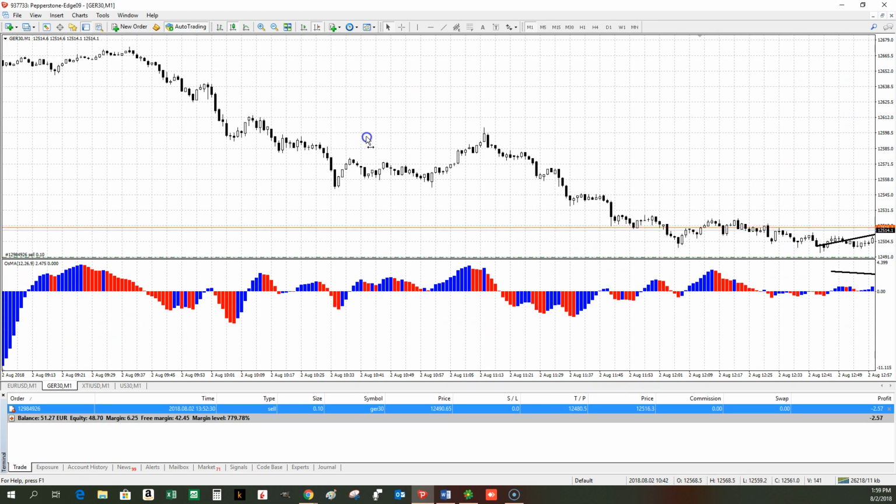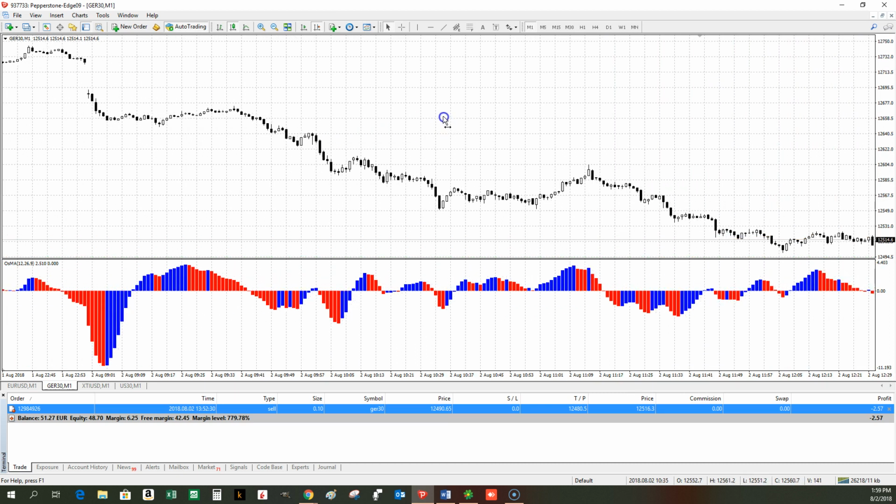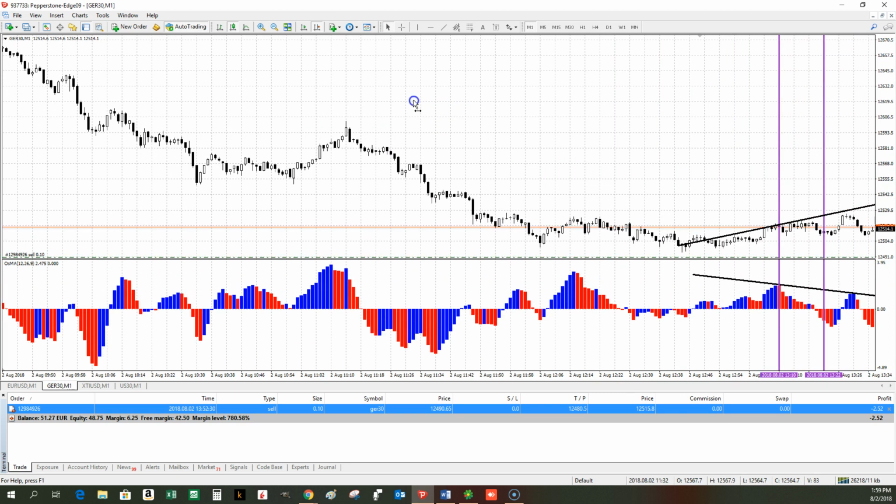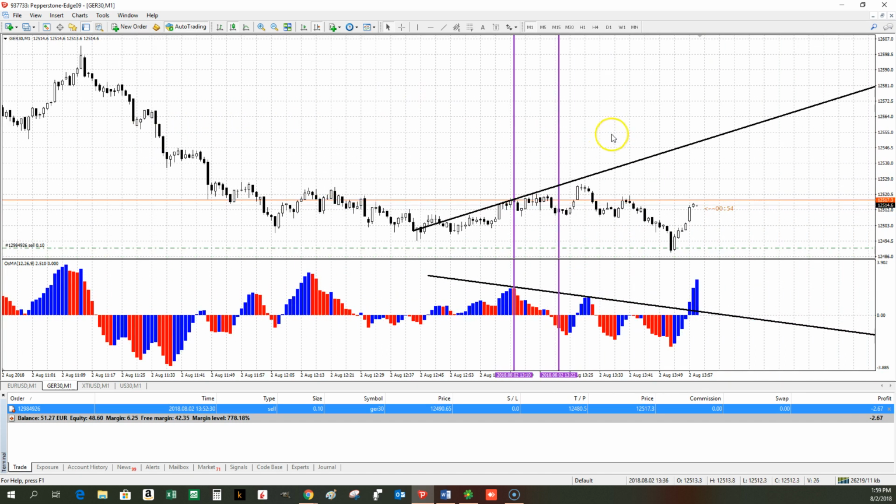We need to have a negative divergence, or we need to have simply a reversal of the wave. Okay? As you can see here, we have already 3 bars of the moving average of oscillator on the top of the 0 line. And what we want to see is a red bar, red bar. Okay? To get back our trade.